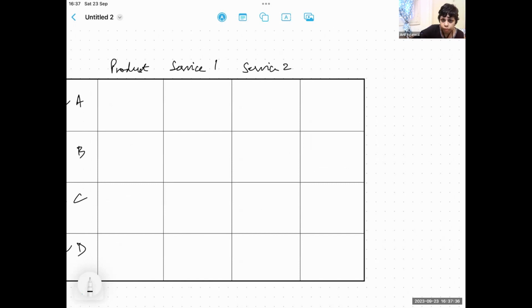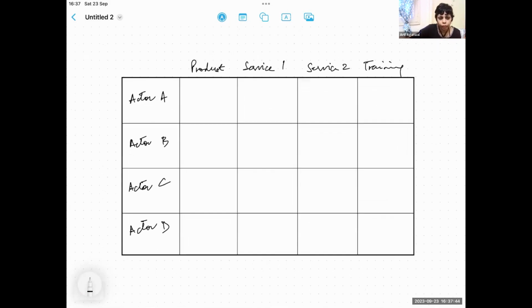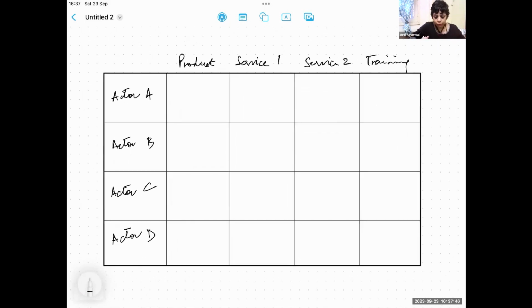Say suppose, let's say training. I'm not taking too many of these because the idea is the same. Now, what we are trying to say is that you try to indicate which person is involved in which part of it. Right now, if you see in this,